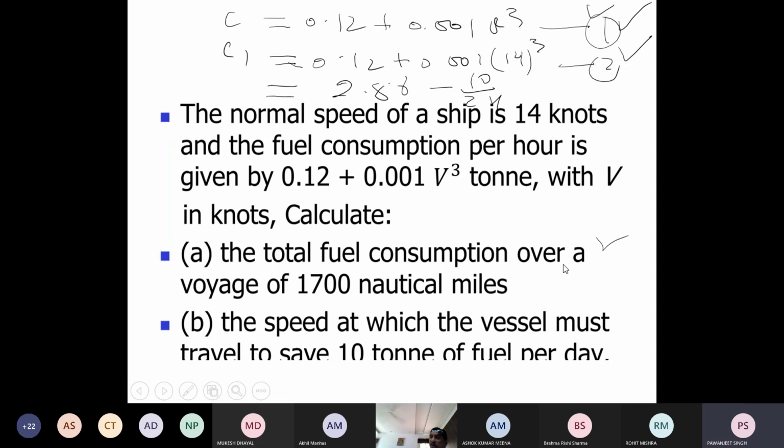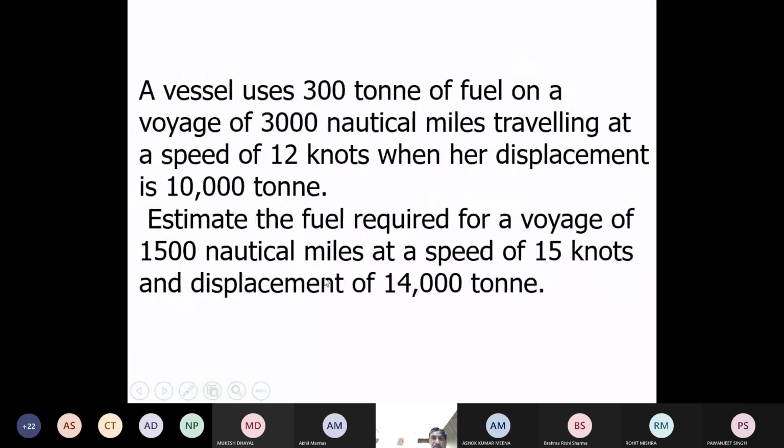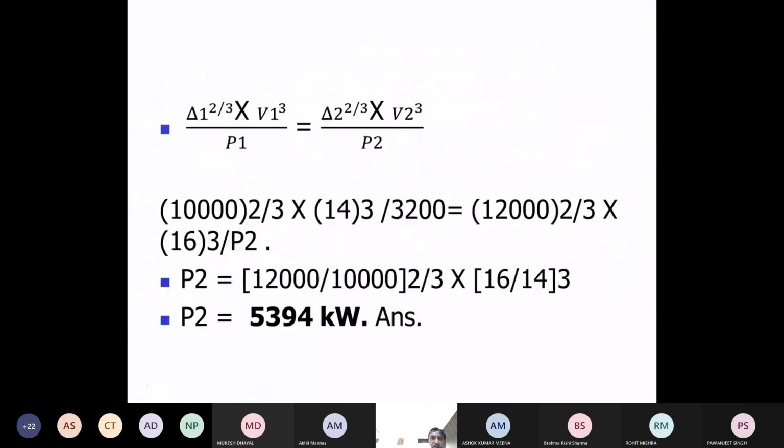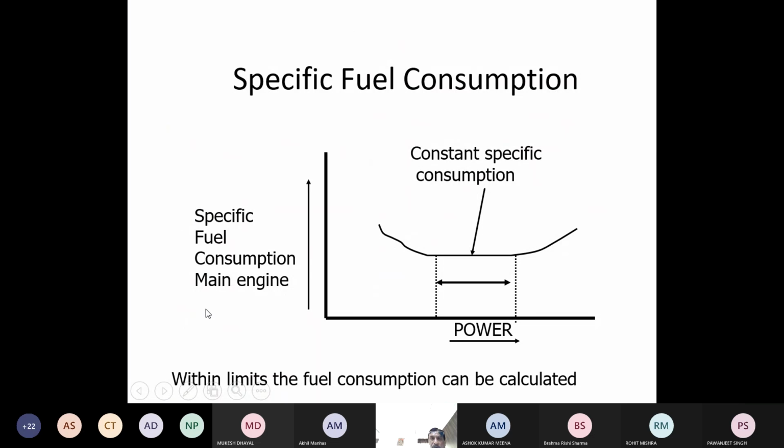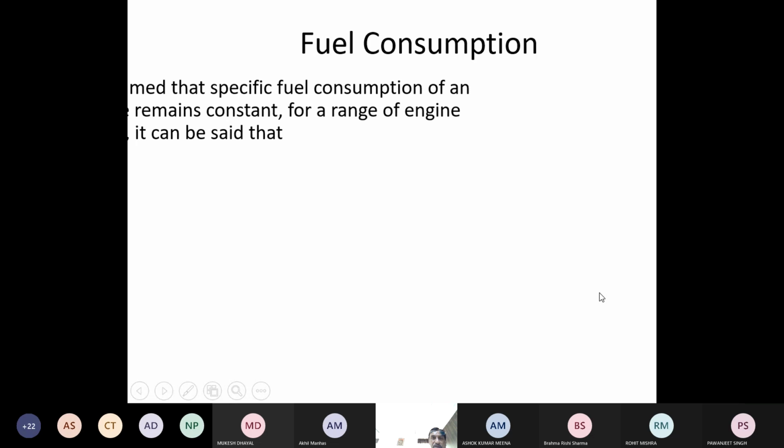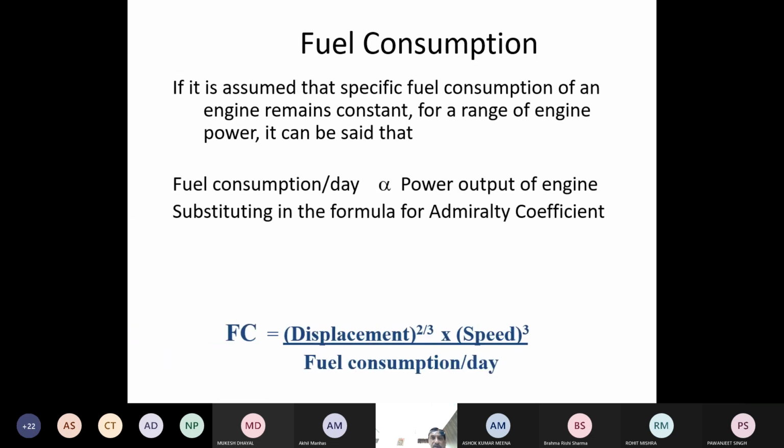अभी तो मैं वही तो बता रहा हूँ आपको कि SFOC अगर constant है तब ही हम वो fuel coefficient का formula लगा सकते हैं। आपको मैंने यहाँ बताया था ना, ये देखिए initially हमने क्या किया था, ये relationship SFOC की ऐसे है, इसका मतलब है अगर मैं double वो कर दूं power तो consumption double नहीं होती है। तो हमारा fuel coefficient में हमने तभी लगाया है ये formula कि हमने assume कर लिया कि ऐसा है। तो ये only those cases we can use where I am assuming it is, if it is assumed that the specific fuel oil consumption of an engine remains